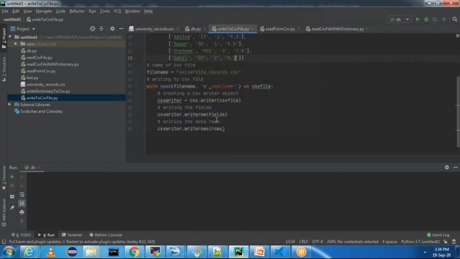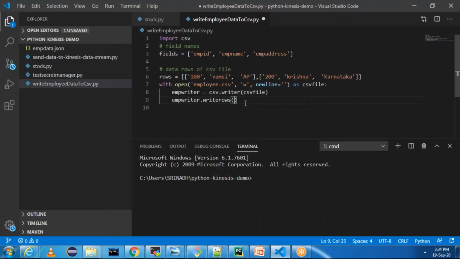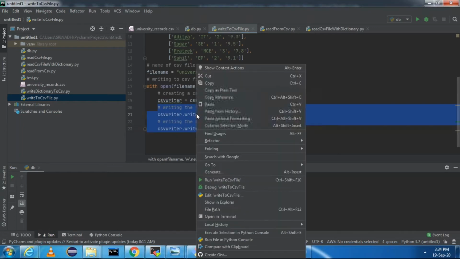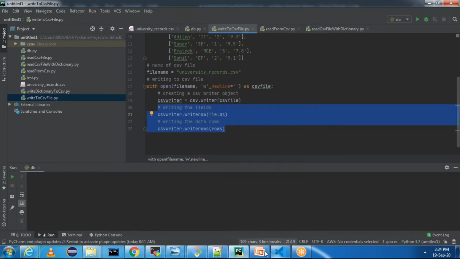What is this? You can say write row of fields, write rows of this one. Let me copy this and I will replace it here. You can replace, sorry, this didn't copy it.